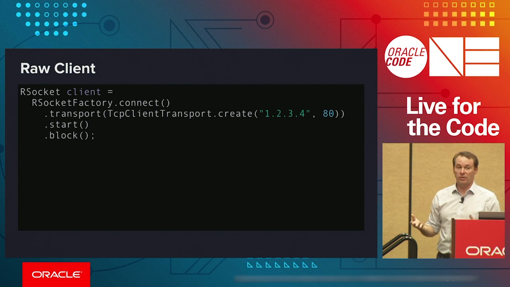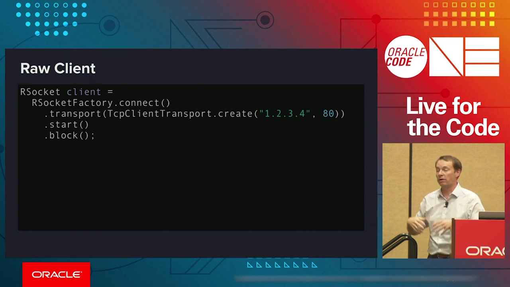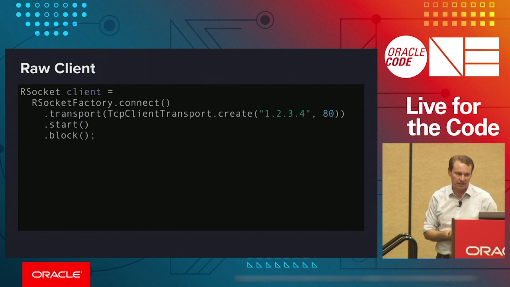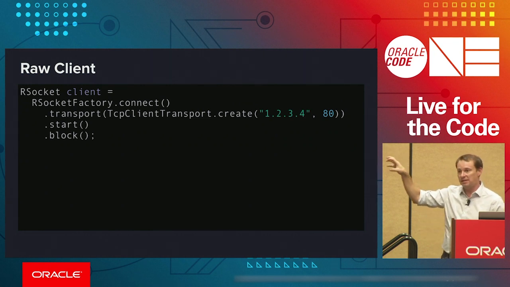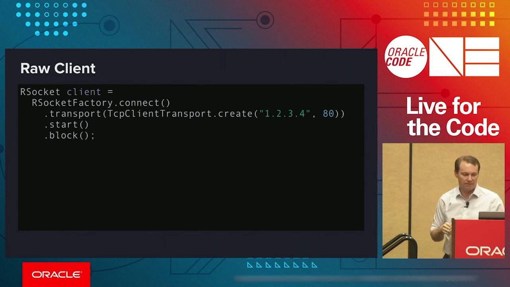If you wanted to use WebSockets, you'd have a WebSocket transport create, where the WebSocket connection is. Or if you wanted to use HTTP2, you could say HTTP2 transport, or UDP or something like that. So it's baked into the entire usage of the API that RSocket sits above the transport. You need to specify what you want to use, but it is completely abstracted away. Nice API for just picking something.